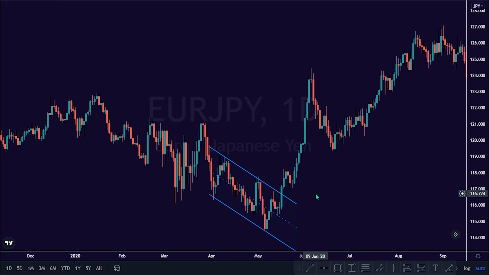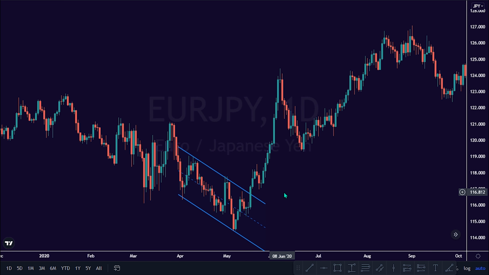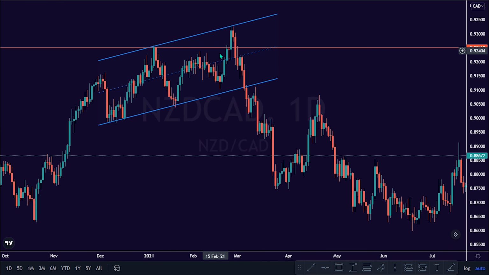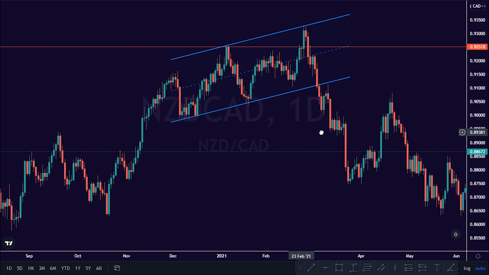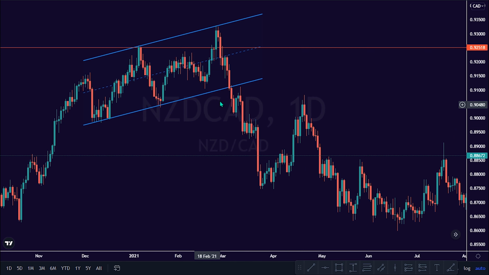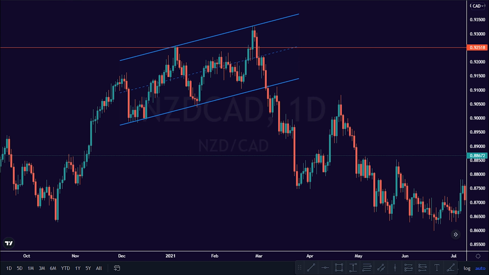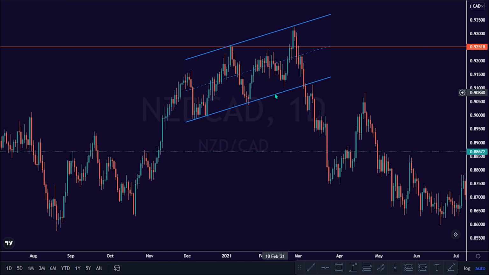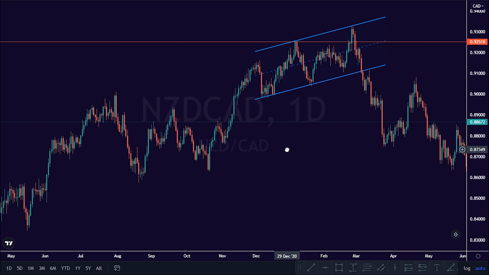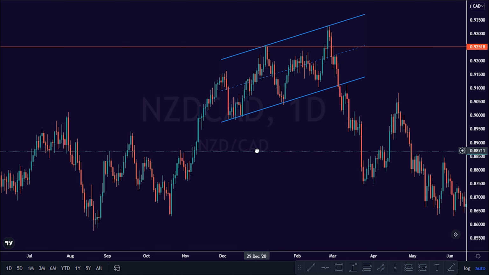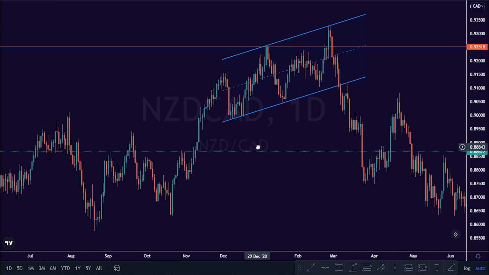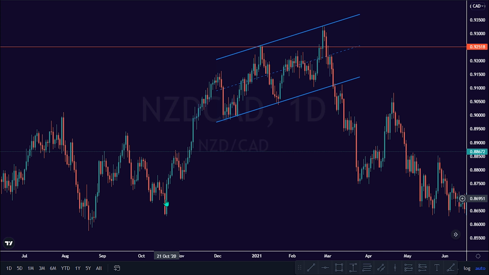Here are the 5 most important factors to take note of when determining the reliability of channels for the reversal of trends. As a trader, remember this is not a guarantee because there's no trading system or setup that is infallible to the market. Now that we know these reliable factors, we can proceed to learn how this pattern works for the reversal in the market. The daily chart of the New Zealand Canadian dollar here is a great example for us to